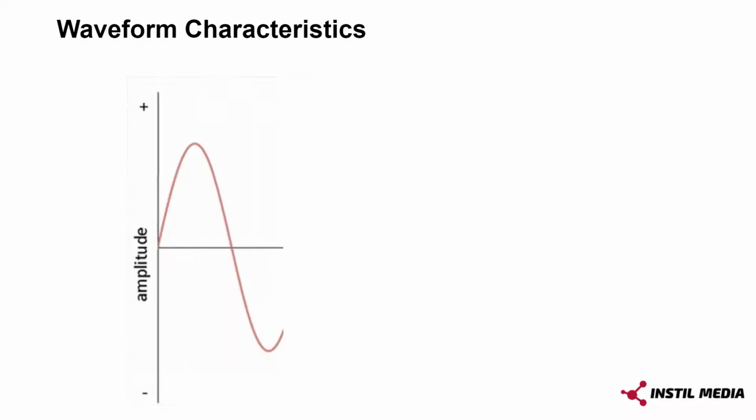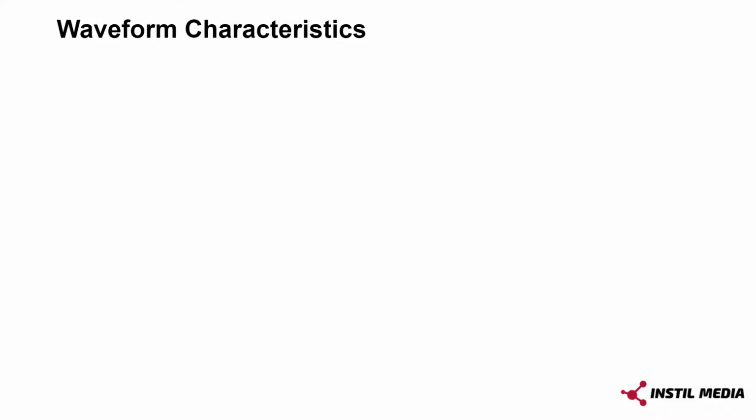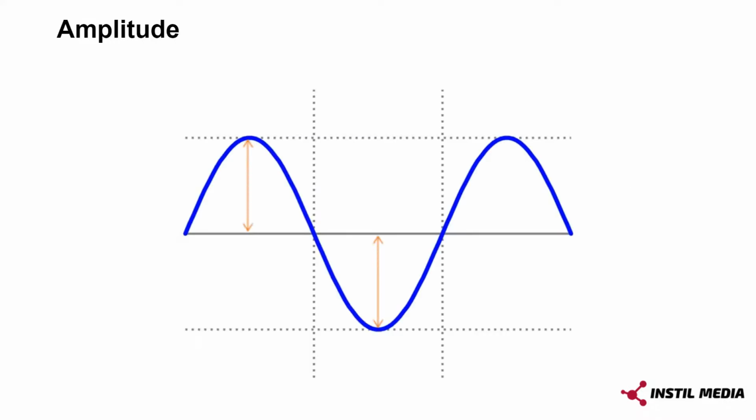A waveform is essentially the graphic representation of a sound pressure level or voltage level as it moves through a medium over time. The distance above or below the centerline of a waveform represents the amplitude level of that signal. The greater the distance or displacement from that centerline, the more intense the pressure variation, electrical signal level, or physical displacement will be within a medium.